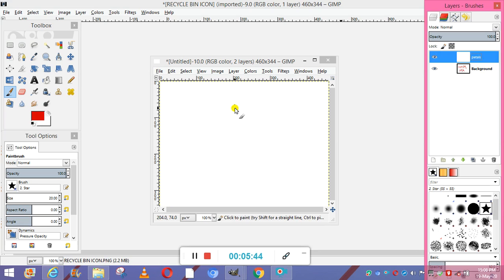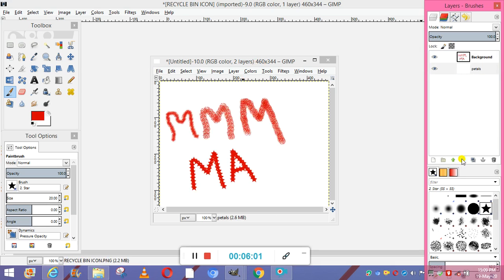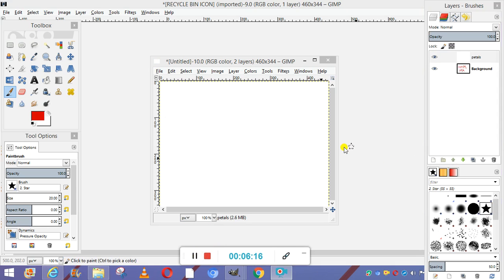And second step is organizing the layers. We can organize the layers by moving them up and down in the layer stack. Okay, we can also do it by creating a group of folders. So how can we move the layer? On the layer dialog, this is the layer dialog, you will click the up and down option. This is the up and down. You can see the other layers are visible to us, and if I click on up, then I will go to the previous layer. This is the petal layer. This is how we can move them up and down.